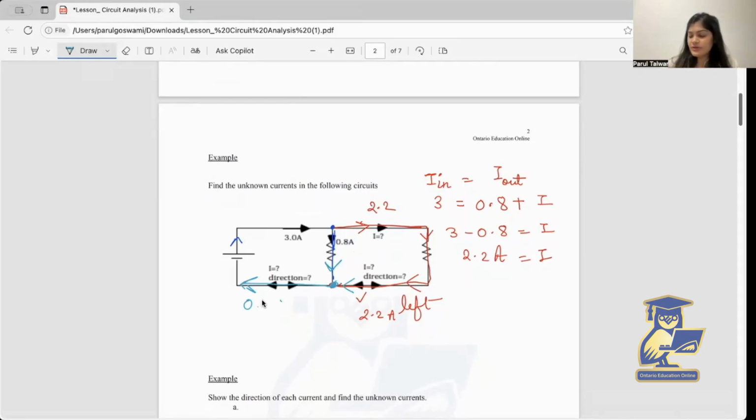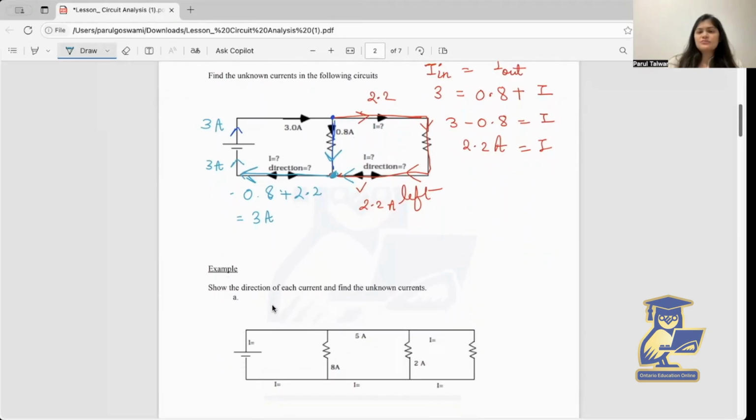So now here we can write 0.8 plus 2.2 would be the current in this circuit, which will give us 3 ampere. And as you can see, 3 ampere will eventually go back to the negative terminal of the battery. So the current that started from the battery was 3 ampere and the same amount of current will enter the battery. So it means our current distribution was correct. It was 3 ampere here, it was 3 ampere here.